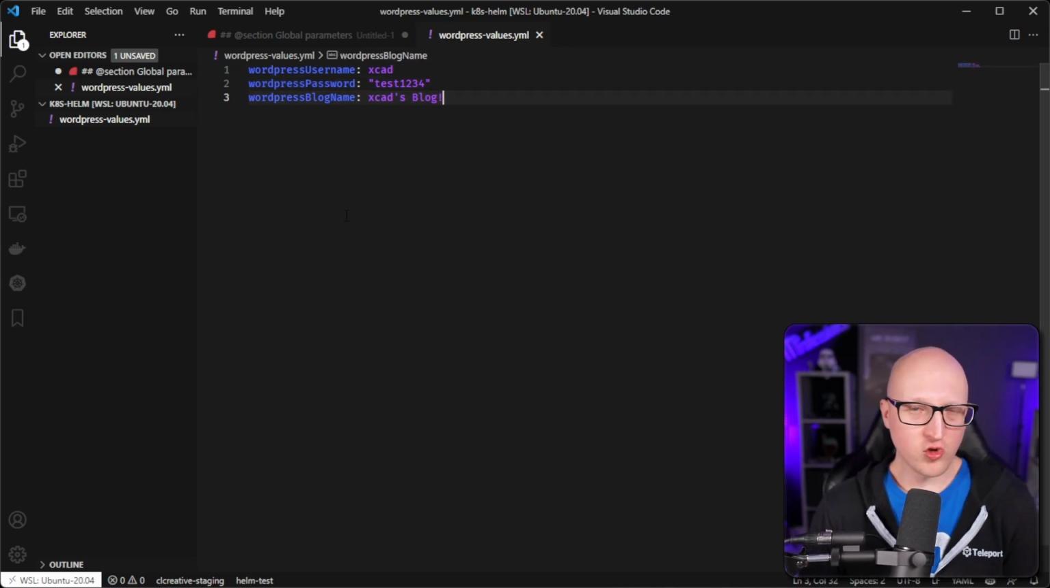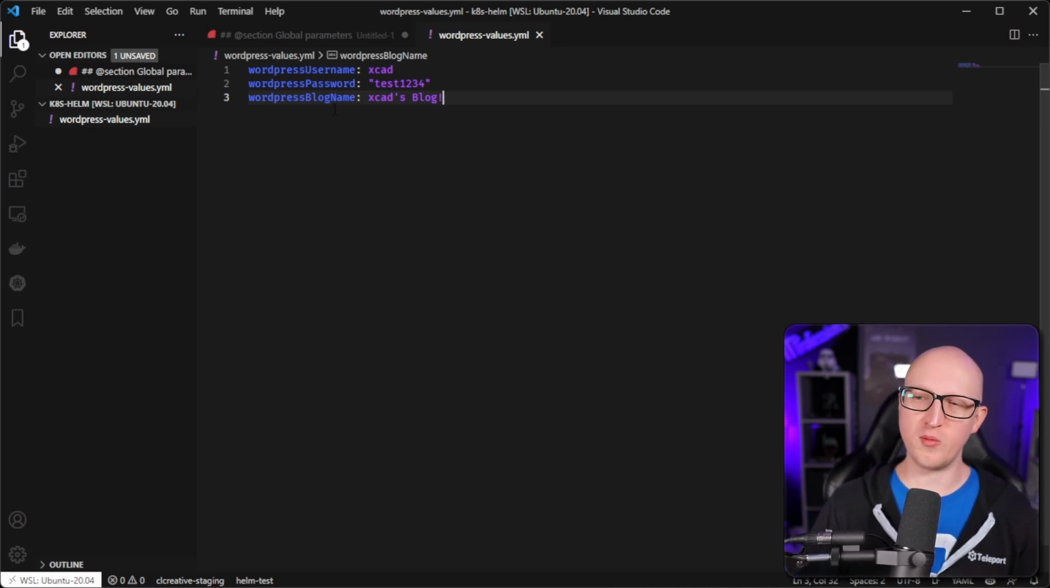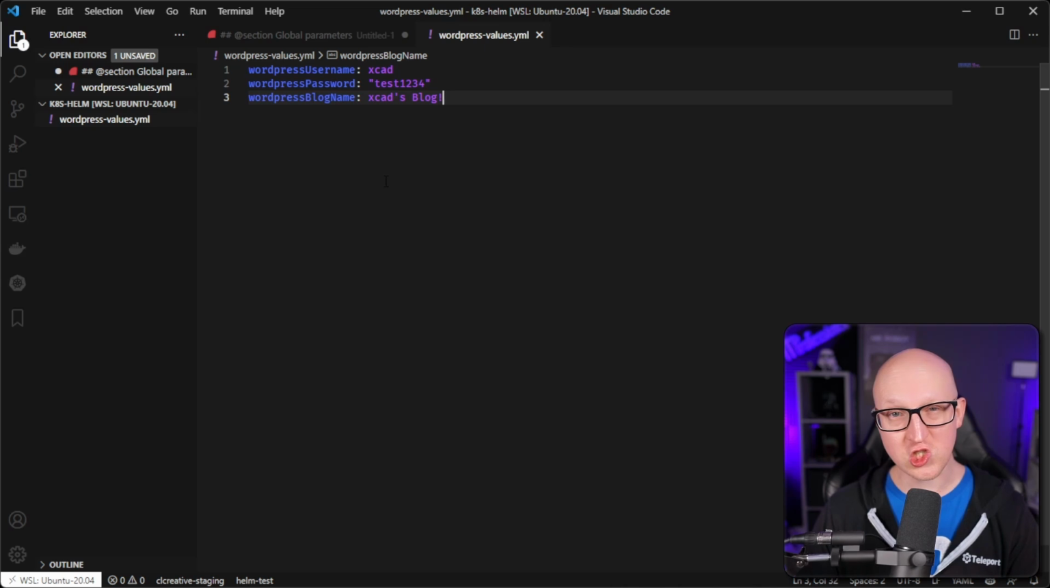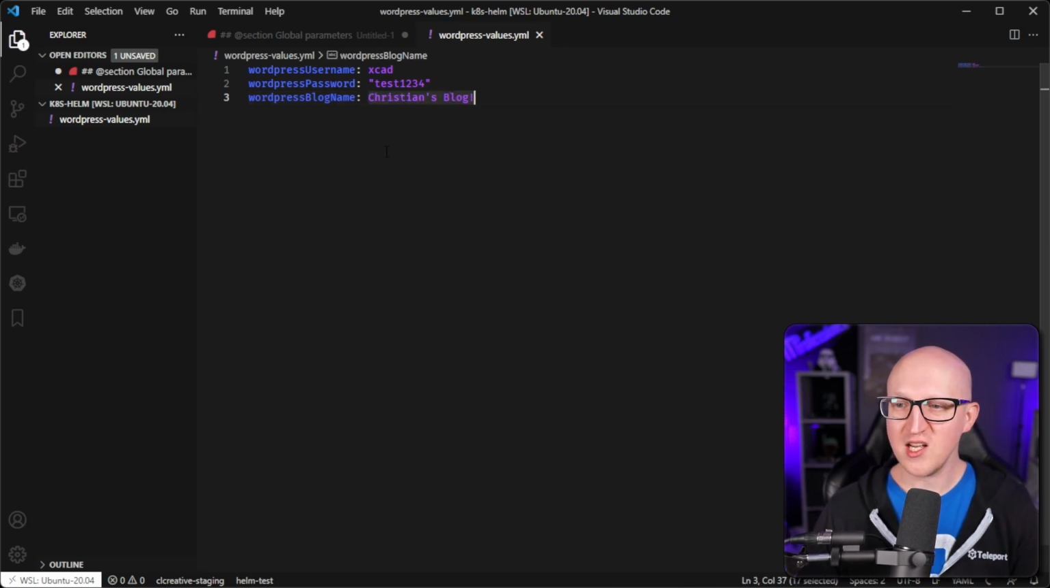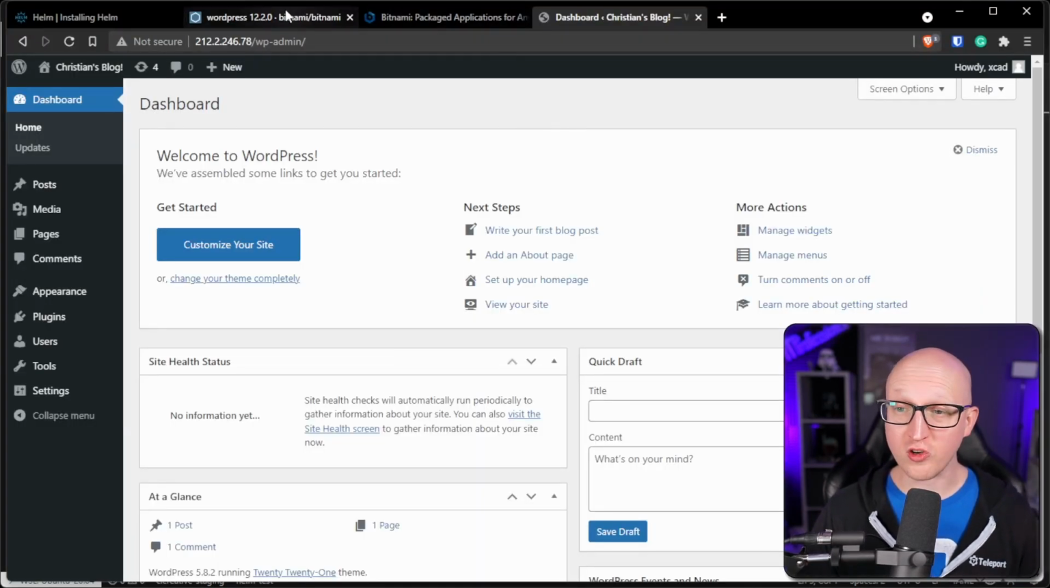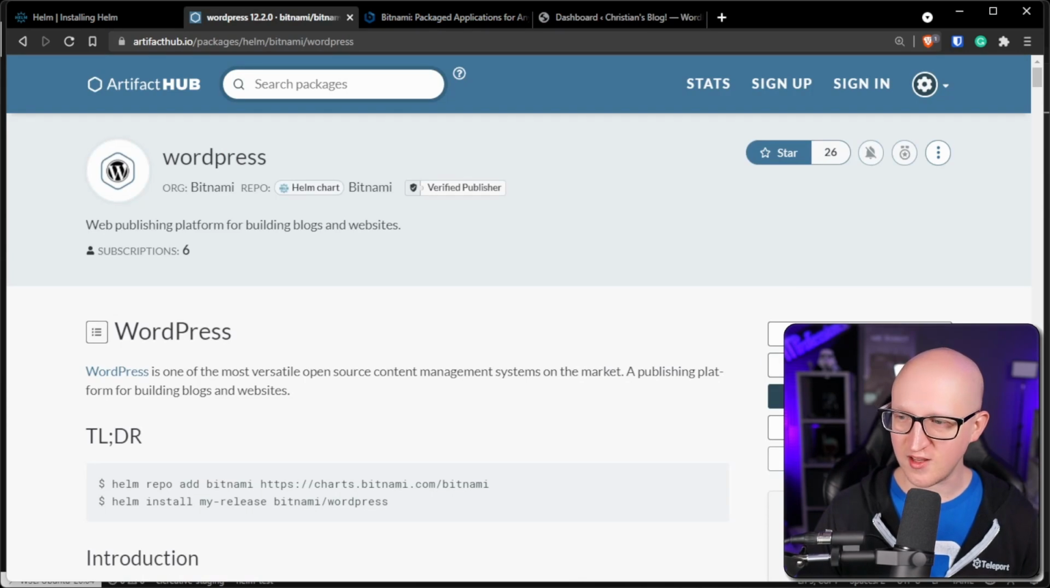Now, you could assume that this would now change the WordPress blog name, but that's not the case, because some of these values are just used for the initial deployment, and also some other values are forbidden to change afterwards. So in case of that value here, this wouldn't have any effect, but there are some values that you can change. For example, if you have some values that are quota requests,